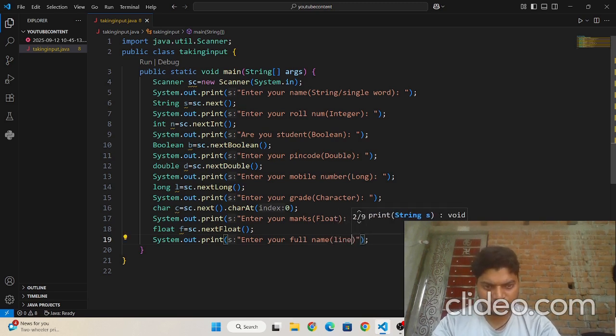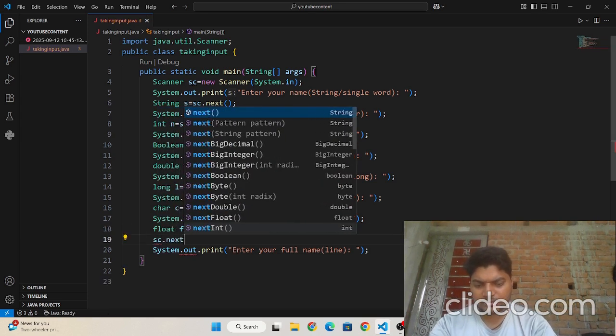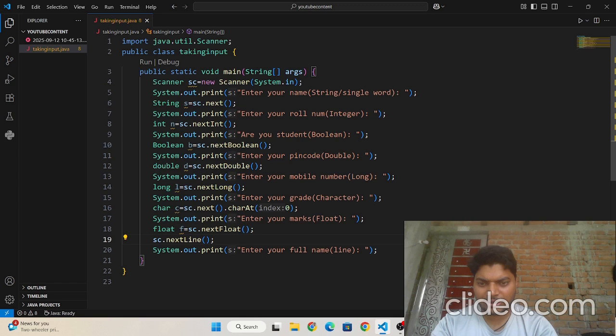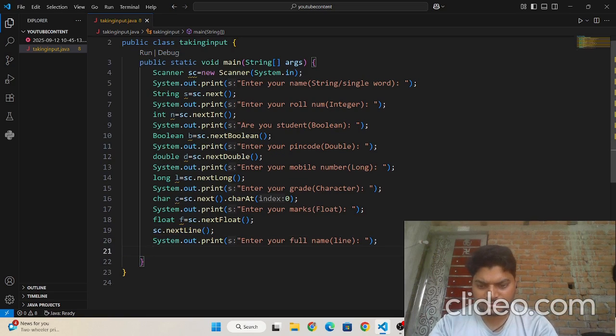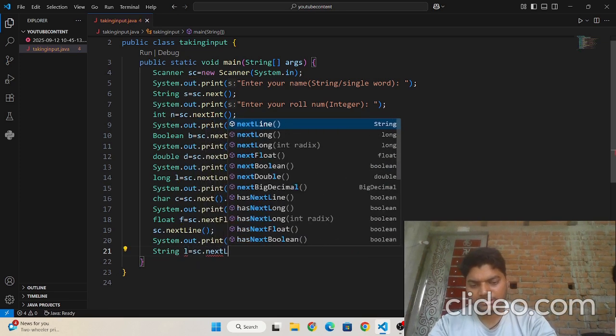To take line, we need to write first sc dot next line. I will say why I write first sc dot next line. When I write string l is equals to sc dot next line.